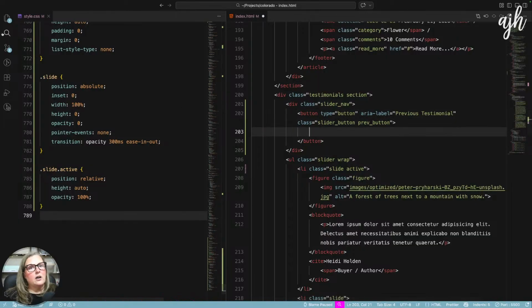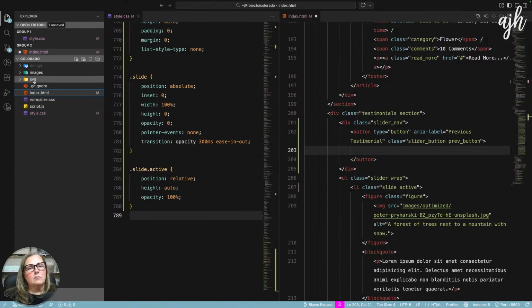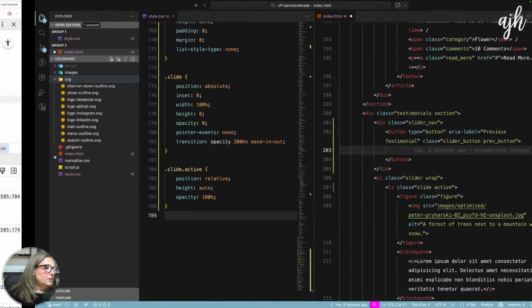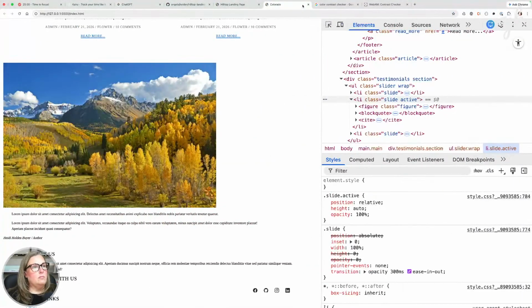and then let's add our SVGs. Chevron down. Did I not even grab SVGs? Okay, let's go grab some.